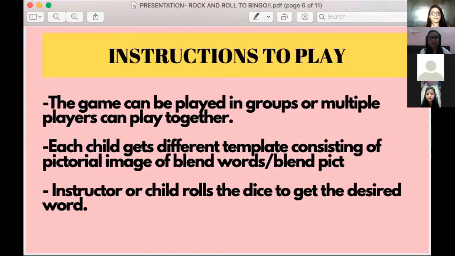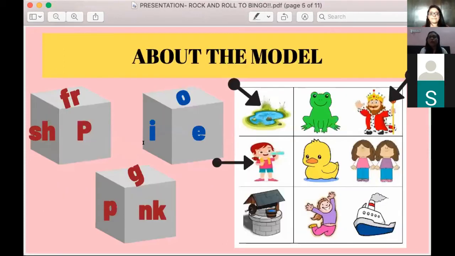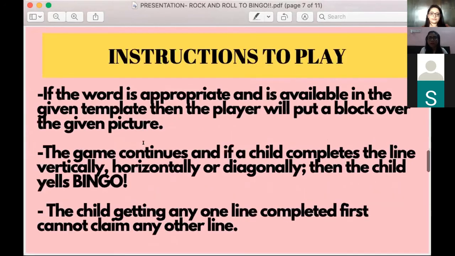Yes, Ms. Sharon. As my colleague already guided, playing this game physically would be possible in the class, where each child can get this template and, turn-wise, we can call each child to roll the dice. But since it could be a virtual class, we have also designed this with the help of our spin wheel.